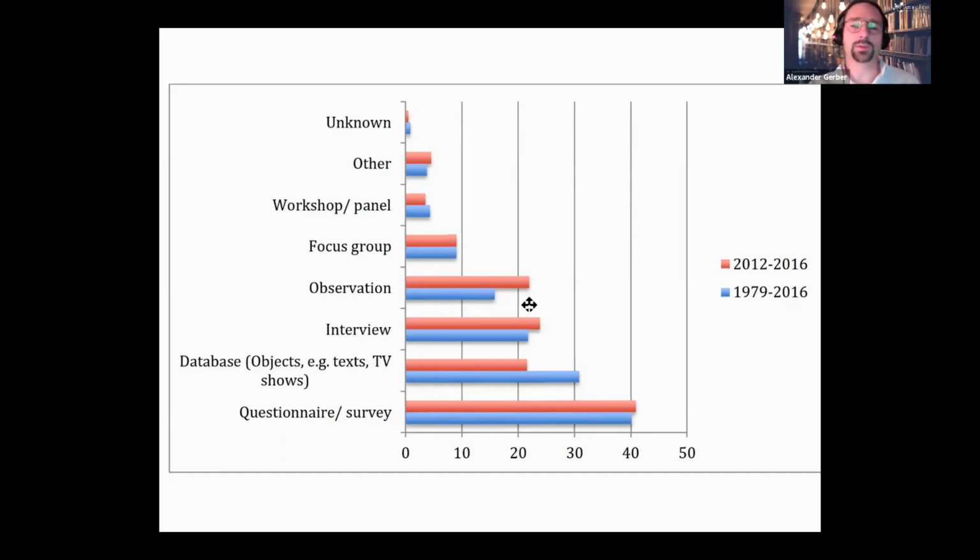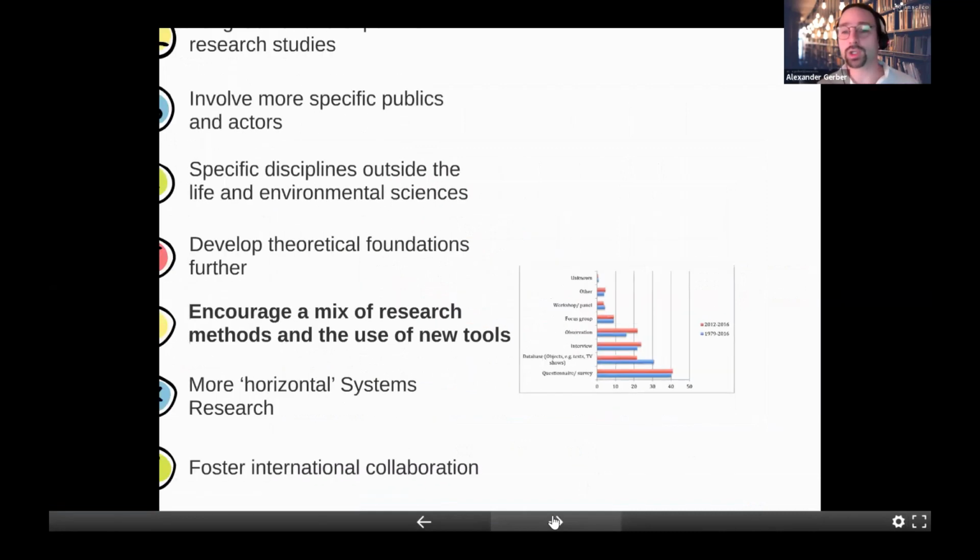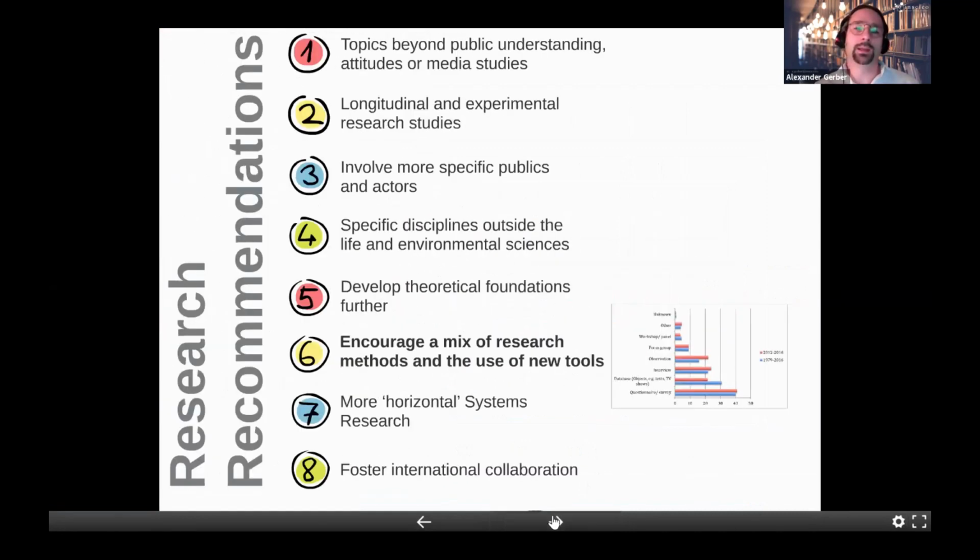Then come interviews, and then participatory observation or observational techniques, focus groups. So none of this is necessarily particularly innovative. I think none of us were saying that it's by definition insufficient or inappropriate, but it certainly shows that there is not necessarily a large amount of innovation and of willingness to explore new ways